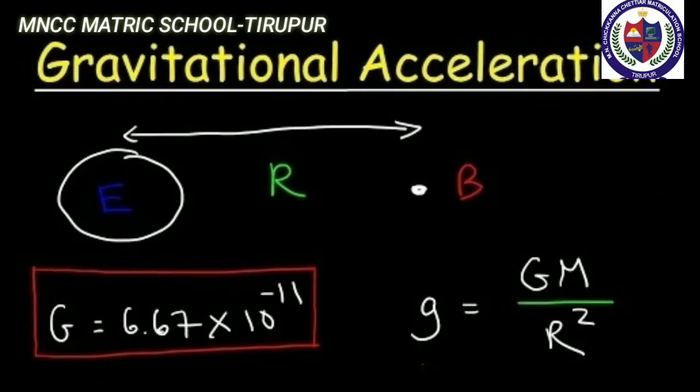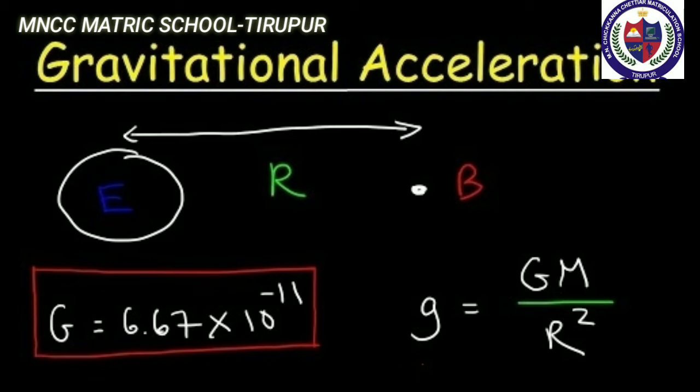Next we move to acceleration due to gravity. The velocity of the object keeps changing as it falls down. This change in velocity must be due to the force acting on the object. The acceleration of the body is due to the Earth's gravitational force, so it is called acceleration due to the gravitational force of the Earth, or acceleration due to gravity of the Earth.